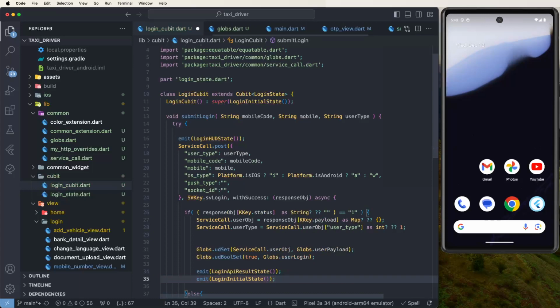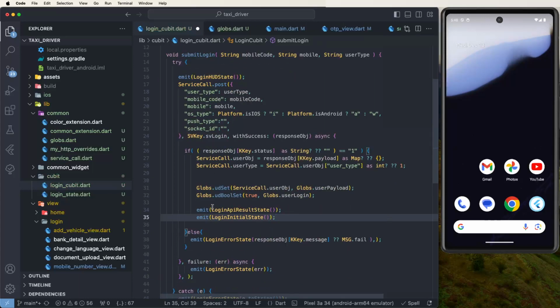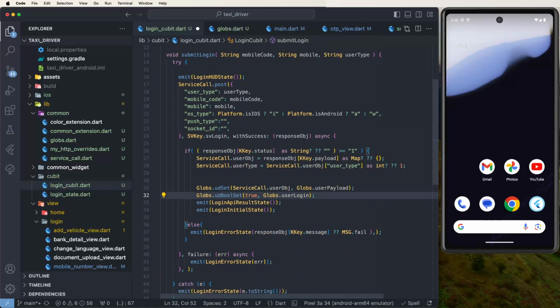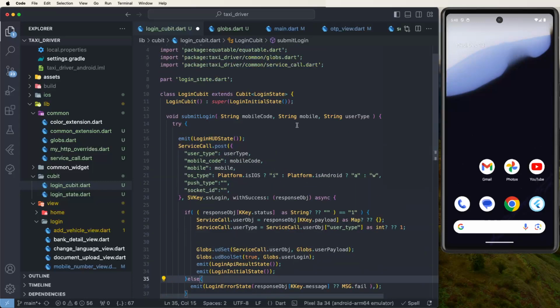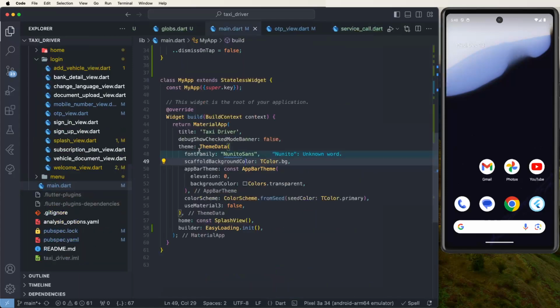I need to call this here. Here two state change, first one need to pass here the result states, and after again need to reset here the init states. Need to set this here for this class like this. Here creating here the cubit class. Now need to save this here, and then after need to go inside the main and need to define here